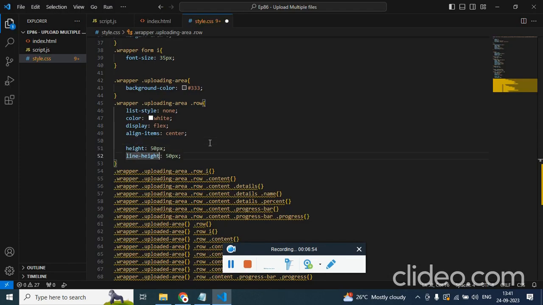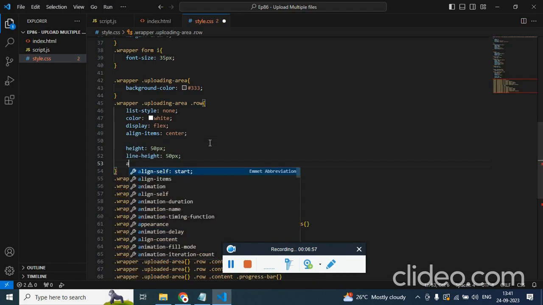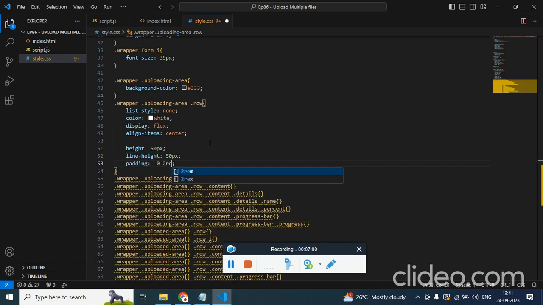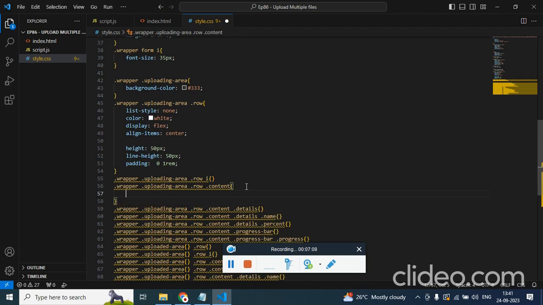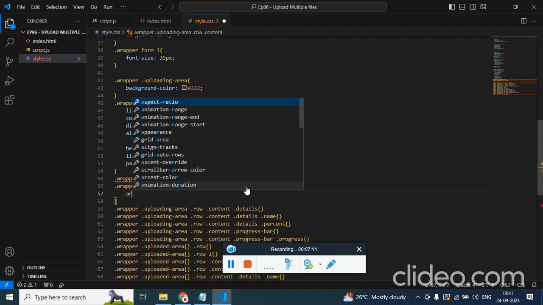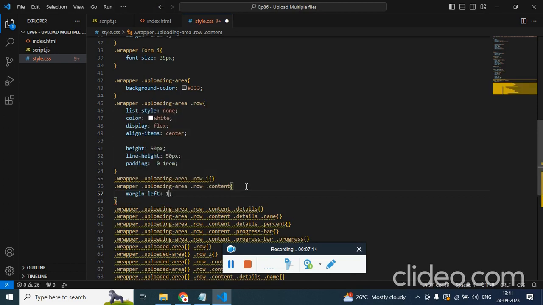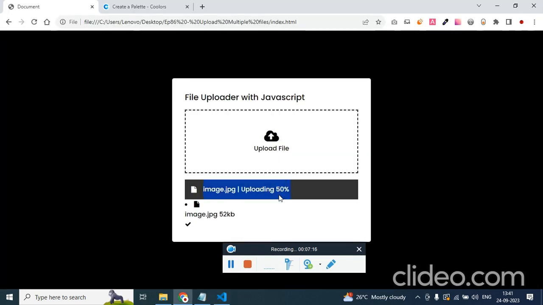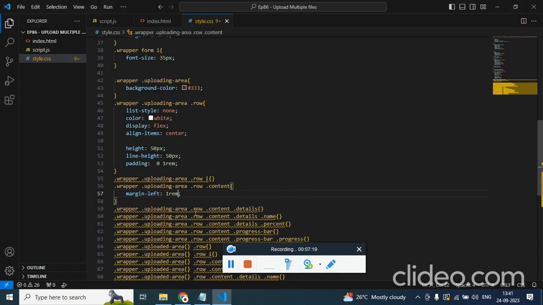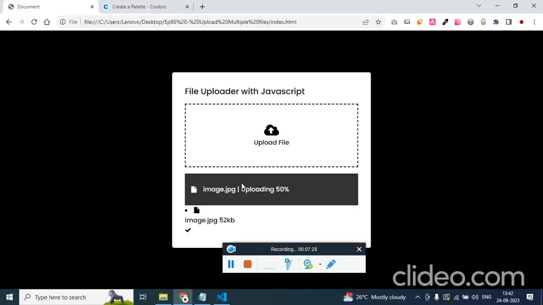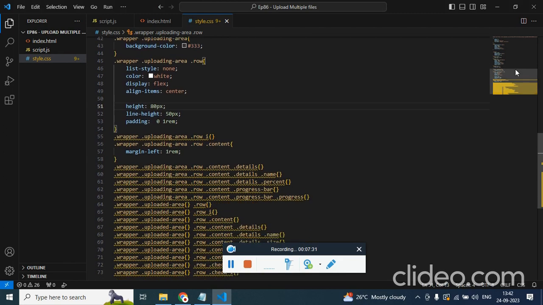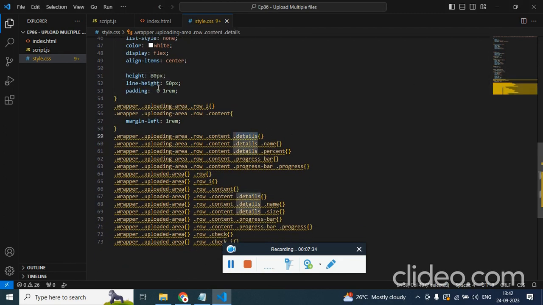And let's give padding to it. Padding top and bottom 0, left and right 2rem, or left and right 1rem. And we need some space for the content, so display, sorry, margin-left 1rem for the content, you see. So we need to add the progress bar as well, so for that it's better to have the height like 80, and inside the content,